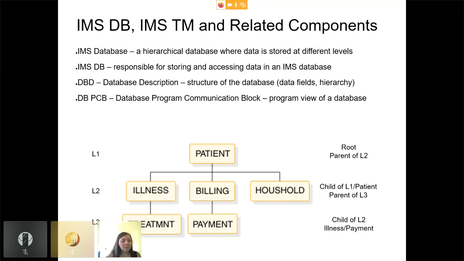Now, IMS database is responsible for storing and accessing data in this IMS hierarchical database. And then there are components like DBD. DBD is a database description. So it really looks at the structure of the database, all the fields, all the relationships. For example, it will mention every record in this database: patient, illness, billing, household, treatment, payment. It covers the whole database. And it will say what the structure is. So it will say illnesses, parent is patient, billing, parent is patient, and so on. It will have